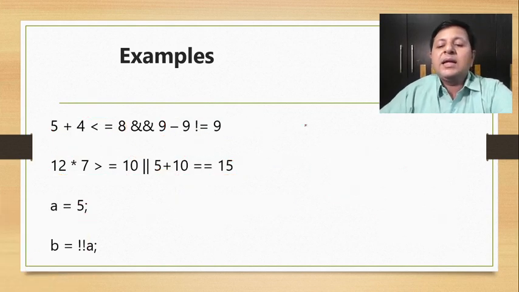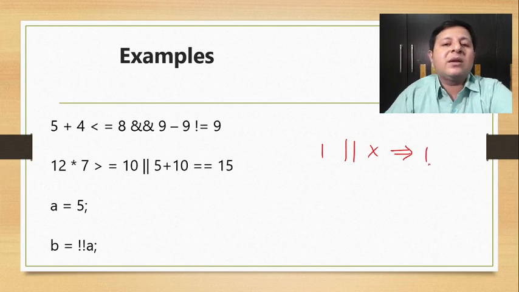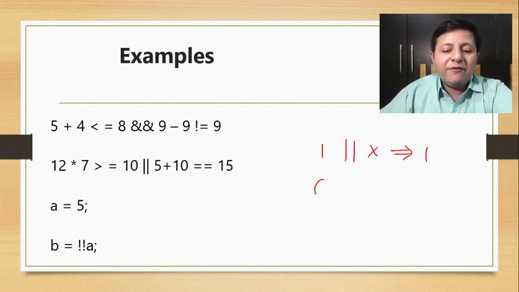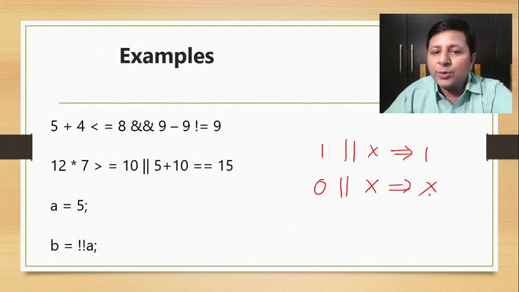So let's say, suppose I have OR with me, and one of the sides is, let's say, 1. The other side is x. Output is going to be 1, because for OR, even if one of the sides is 1, that is true, the answer could be true. If one side is 0 and the other side is x, then the answer is x. Because if this is also 0, then the answer will be 0. But if this is 1, then we can still have the answer as 1. I hope you're getting it.